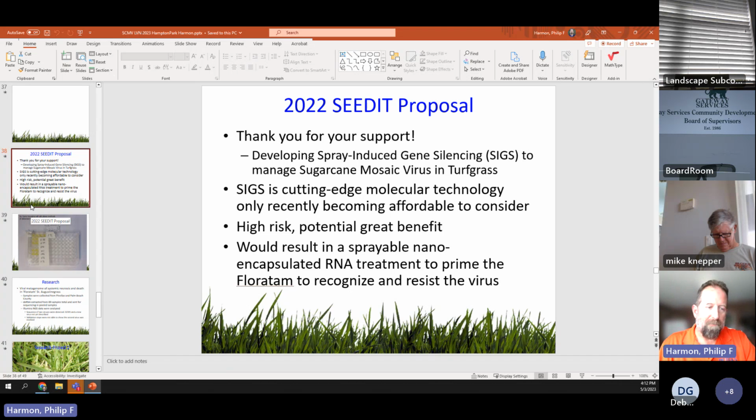This is a very high-tech and molecular technique to prevent the virus from infecting Floratam or Citrus or Palmetto or anything else, so prevent Floratam from dying if it works. It's at least 5 years out from us demonstrating proof of concept. It's a long shot as far as whether it will ever have an impact on the development of disease in